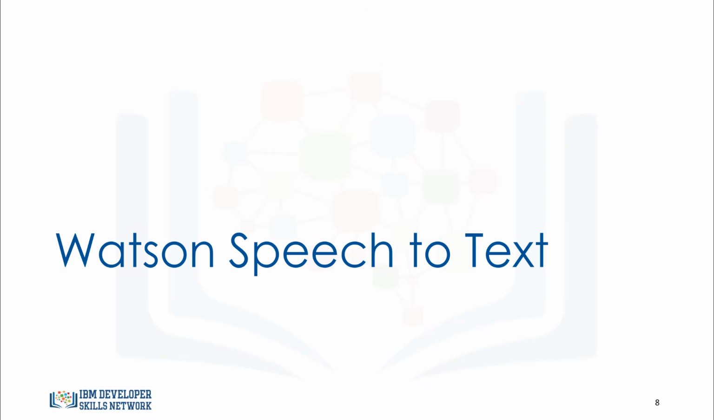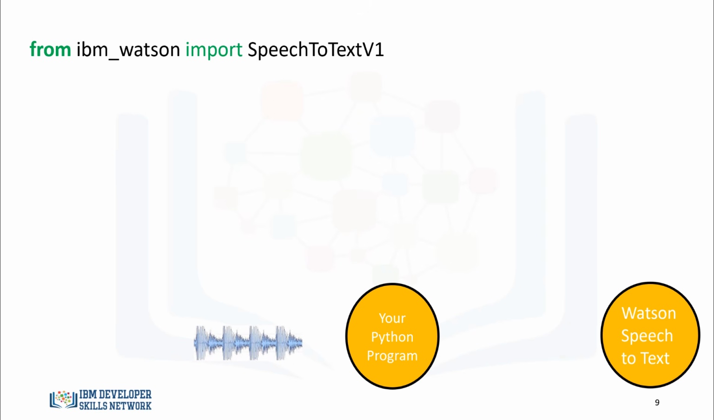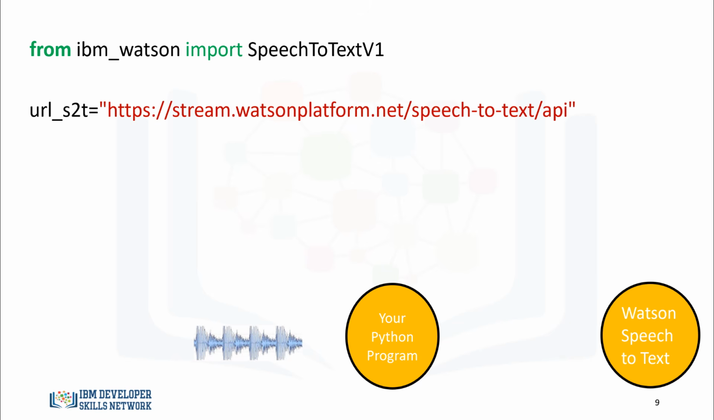Now we will transcribe an audio file using the Watson Text-to-Speech API. Before you start the lab, you should sign up for an API key. We will download an audio file into your directory. First, we import Speech-to-Text v1 from IBM Watson. The service endpoint is based on the location of the service instance. We store the information in the variable